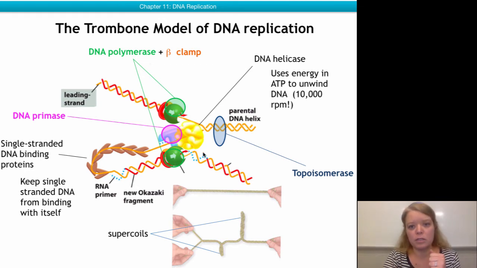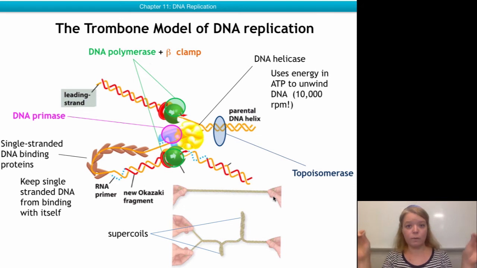Now, another important protein that's essential for DNA replication but is not necessarily part of the actual replisome is the topoisomerase. Topoisomerase is a protein that makes small nicks in the DNA by cutting a phosphodiester bond once in a while. The reason you need a topoisomerase is because when the helicase is pushing the double helix apart and it moves really fast, it creates torsional stress further down the DNA molecule. So showing here, if you have two tightly wound strings, which is what DNA strands can be thought of as, and you are ripping apart, you're